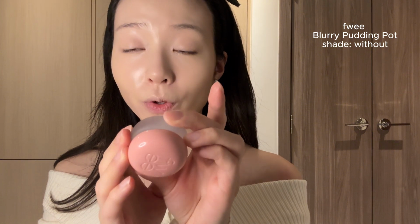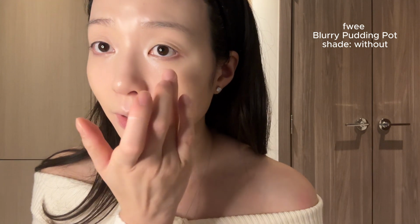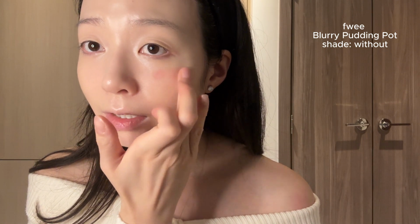So for blush, I'm using the Fwee Pudding Pot in the shade Without. Look how cute it is. It looks like a mini macaron. And I apply the blush like right here